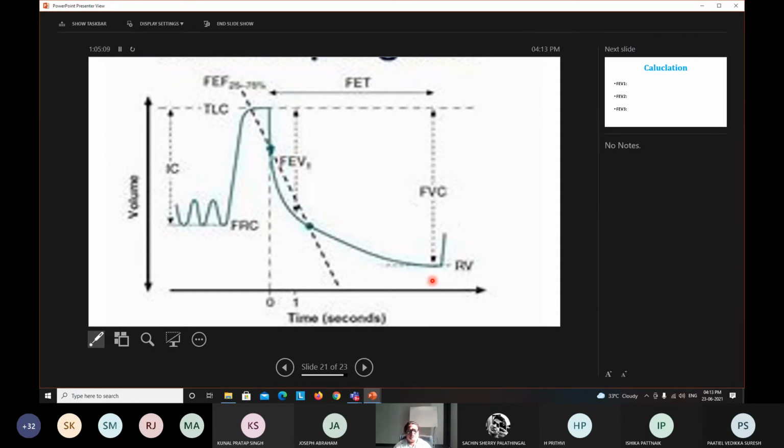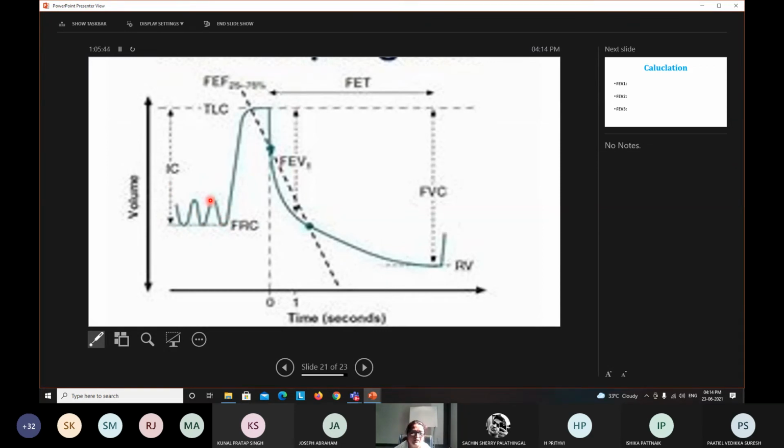So what is done in this is to record this particular thing. We are going to change the drum speed. It is going to be faster than before, 17 mm per second. After doing that, you instruct the subject to breathe normally for 2-3 seconds, a few cycles of normal inspiration and expiration. So in the fast moving drum, you will get the cycles like this.